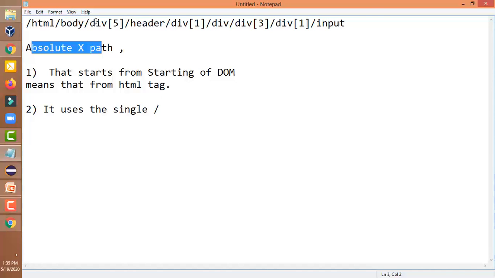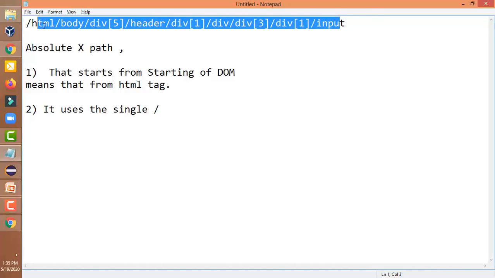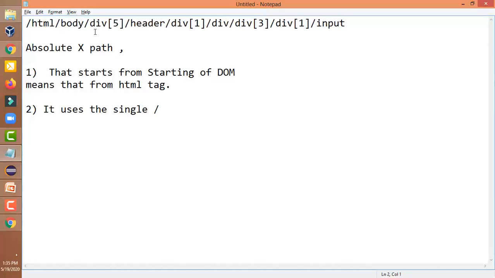The reason is simple. Today the XPath we are using is this. Tomorrow it might be possible that the developer has changed the DOM structure, because it might be possible it is div 5 under div 5. No, tomorrow it might be div 6, not the 5. It might be possible that here the div has been changed. So it is not reliable, because we cannot say that tomorrow it will work. Suppose tomorrow we have a new build and this is not working. So what will we do? We have to update our test cases, update the XPath. So we will prefer the relative XPath.